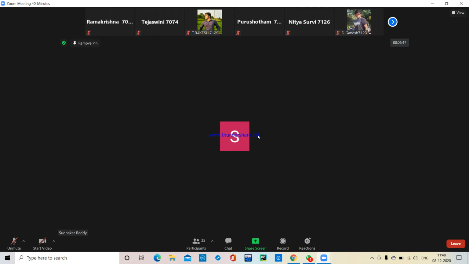The five operations we are going to implement are push, pop, is empty, is full, and get top. Push is inserting and pop is deleting. These are the five functions we will implement for the stack data structure. In the same way, for the queue, scroll down to page 49.